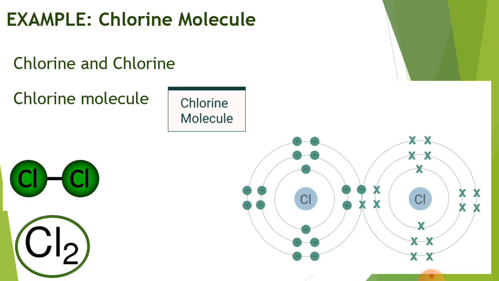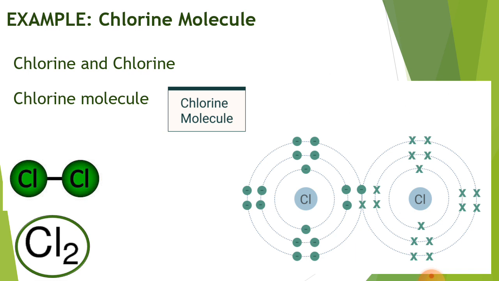Two chlorine atoms will share their electrons and become a covalent compound. Now you can see in the figure,